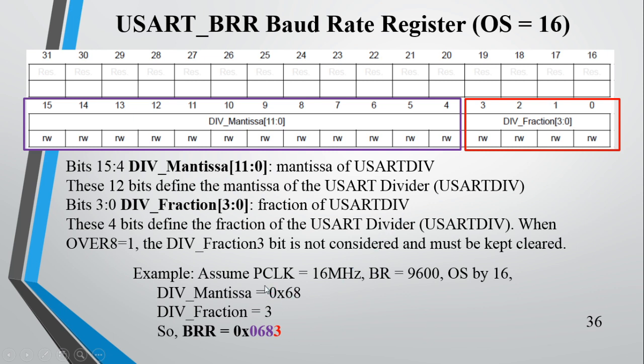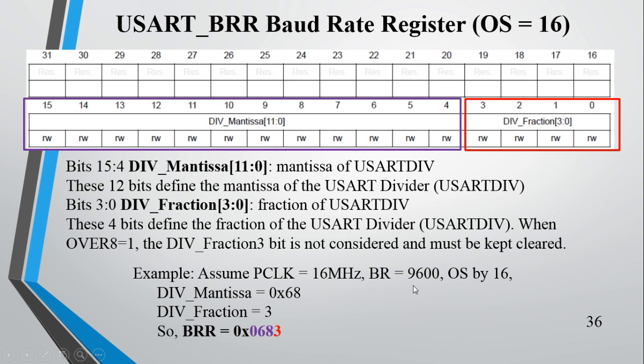So in the previous example, if PCLK is 16 MHz, baud rate you want to generate is 9600 and oversampling is by 16, what was the value for mantissa and fraction? We calculated the mantissa as 0x68 and fraction as 0x03. So what will happen? The 0x68 should be written here and 0x3 should be written here. That means if you are moving 0x0683 to BRR, you are configuring mantissa as 68 and fraction as 3. That means by writing 0x0683 to BRR, provided oversampling is 16 and PCLK is 16 MHz,